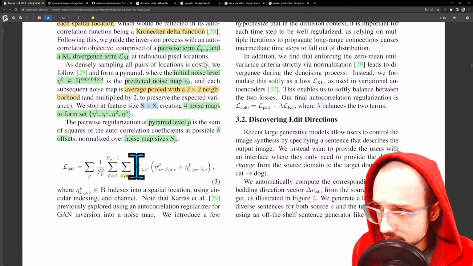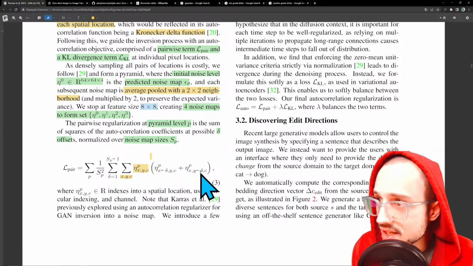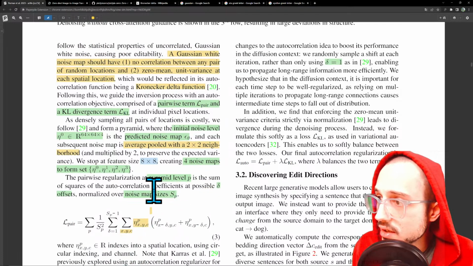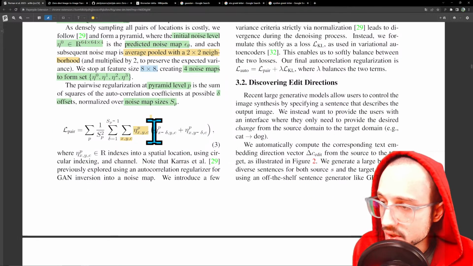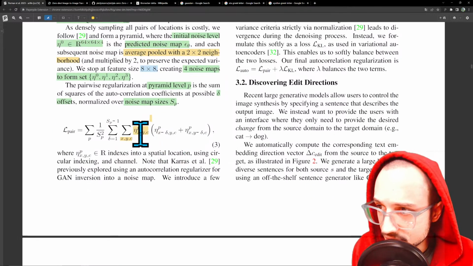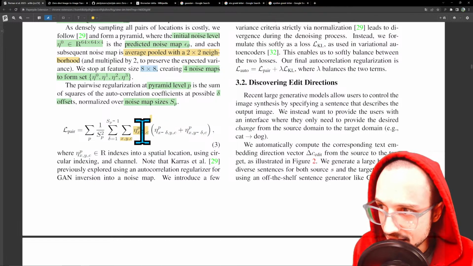You have eta P, X, Y, C. So this is the initial noise level. This is the noise level at that individual pixel, right? And not just the pixel, but a specific X, Y position and channel position at the pyramid level P. And then here you have